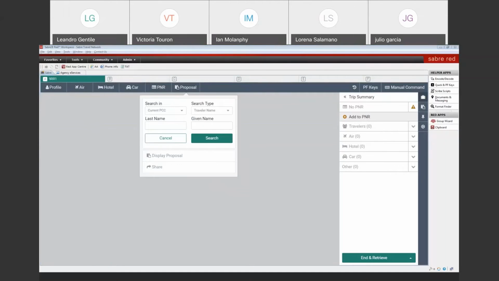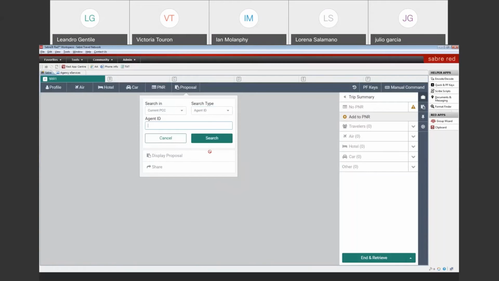One of the ways is to do it on your current PCC or branches. You can do it by traveler name, and that's why I was telling you to add a name, even if that's not going to be the traveler that at the end you're going to be booking this for. And there's some other options like an email address, phone number, proposal ID, and